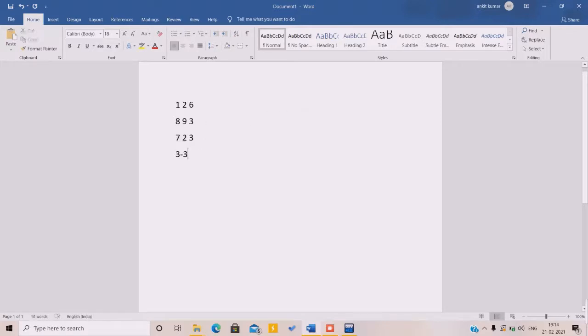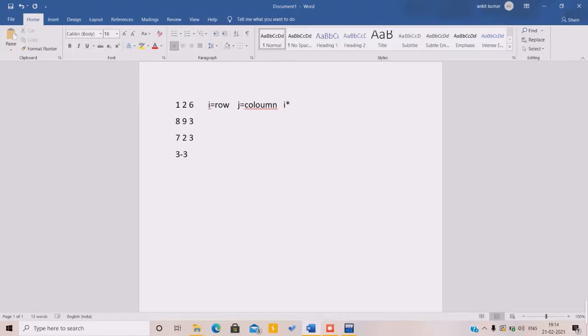If there are i rows and j columns in a matrix, then this type of matrix is called an i times j matrix.